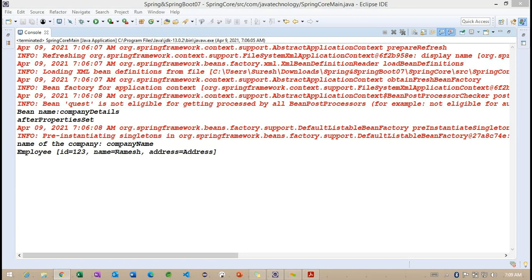The first scope we are going to discuss here is singleton, and later we are going to discuss prototype, and session and request. So these are the main scopes we are going to discuss here. Along with this, we have two other scopes also: WebSocket and application.